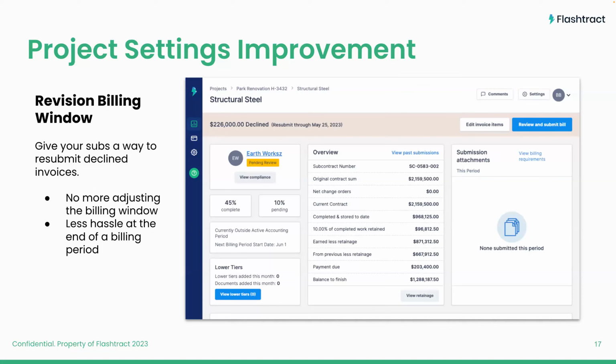And now it's the 21st, it's outside the billing period, and the sub is stuck. Well, we added the declined revision billing window so that you can say, hey, allow subcontractors to resubmit an invoice, 5 days or 3 days after the last day of the billing period. And so that's what you're seeing here at the top of this invoice, where it says, hey, this was declined,